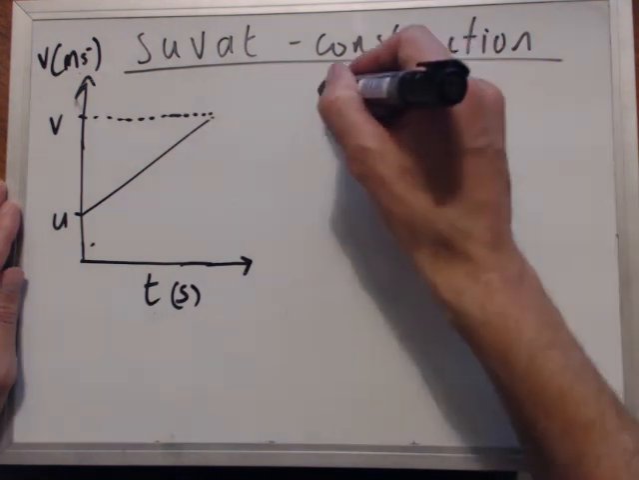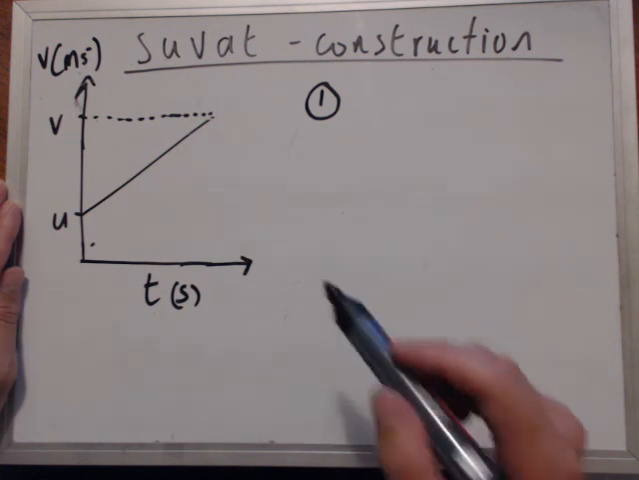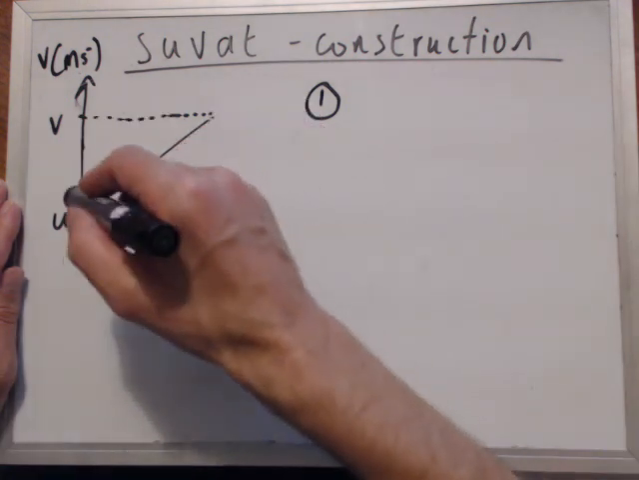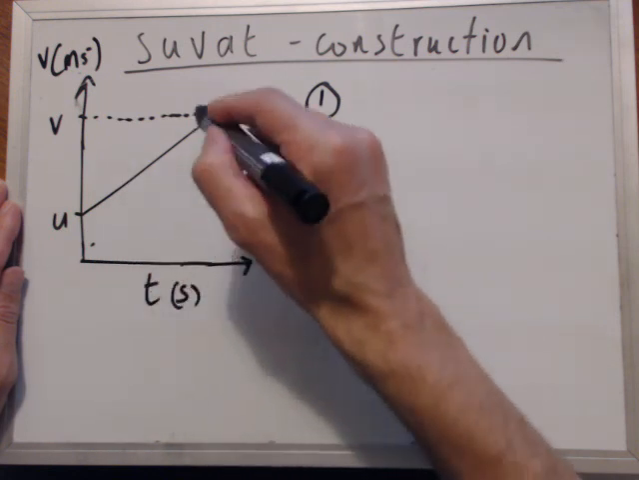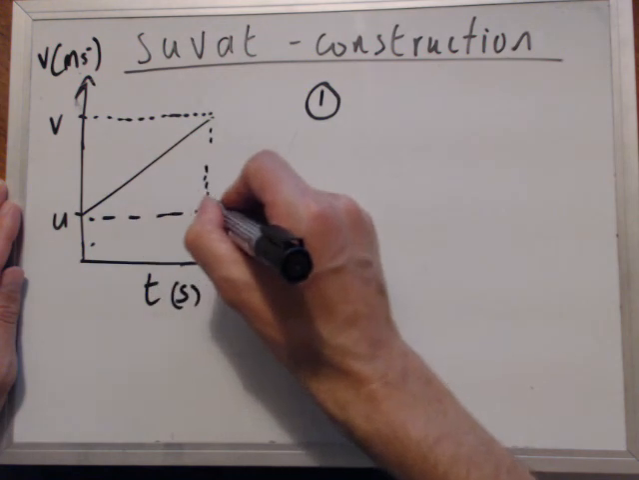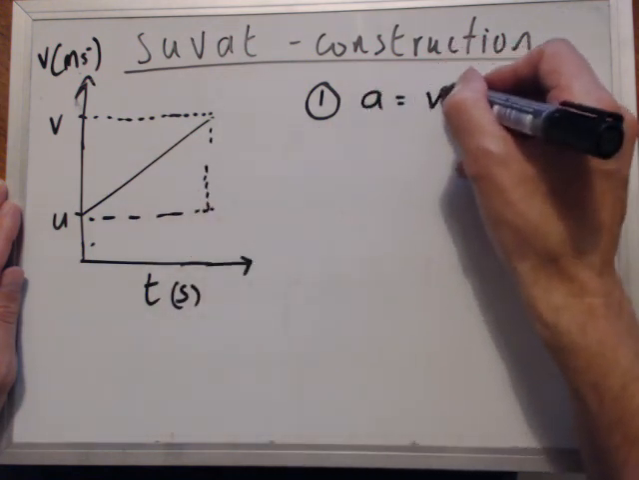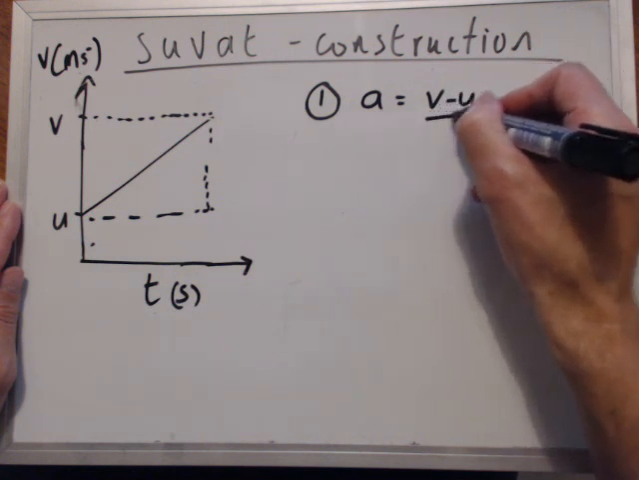Now the first equation, number 1, can be thought of simply as the gradient is the acceleration. The gradient of the velocity-time graph is the acceleration, and the gradient is simply v minus u divided by the time. So we have acceleration is equal to v minus u